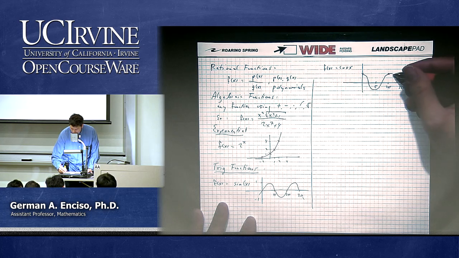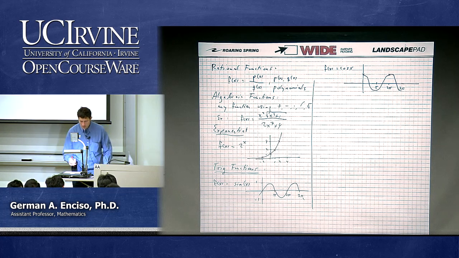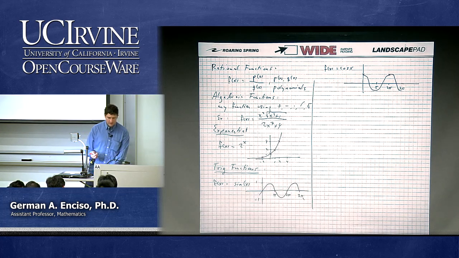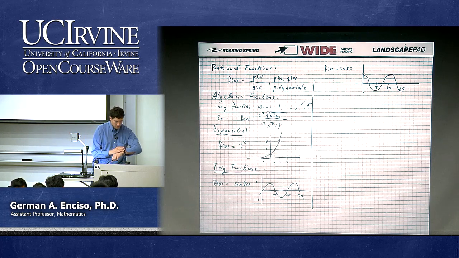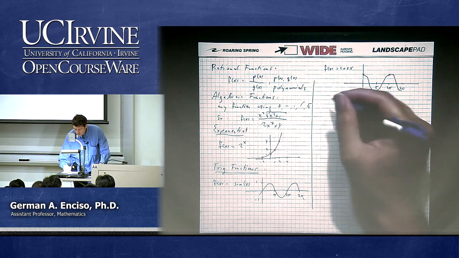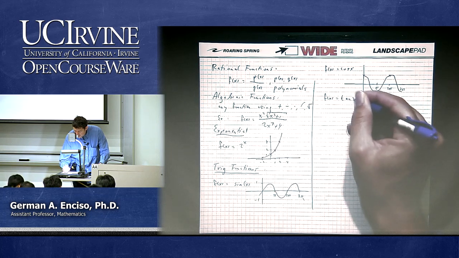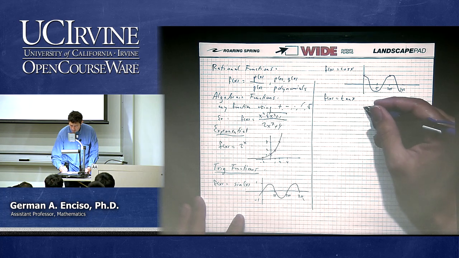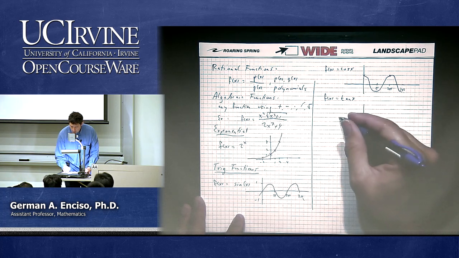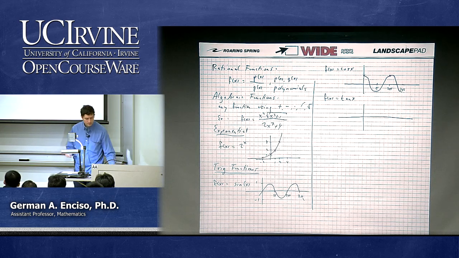And so forth. And then there's tangent of x. So f of x equals tangent of x. What does tangent of x look like? It's a bit harder, right? Okay, so